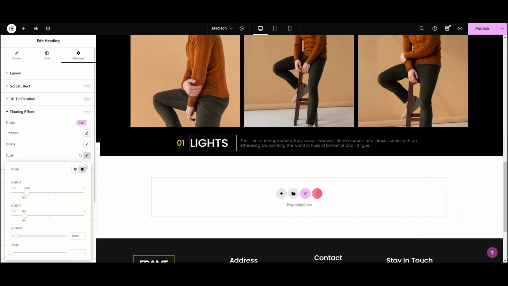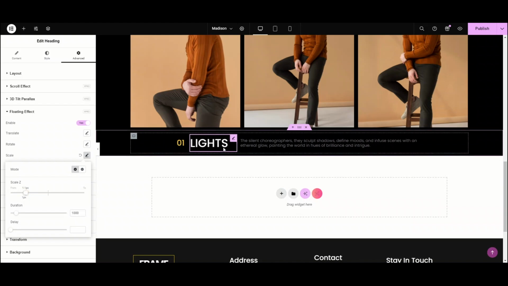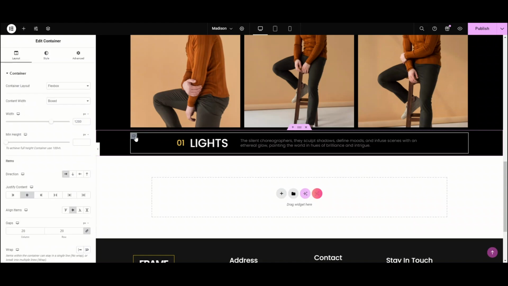Just adjust the values. Click on compact. Yeah, compact mode is good. Yeah, now look, it's so amazing, right? Now click on the second container. Now we're going to adjust the color. Go to the styling tab. Let's change the background color.